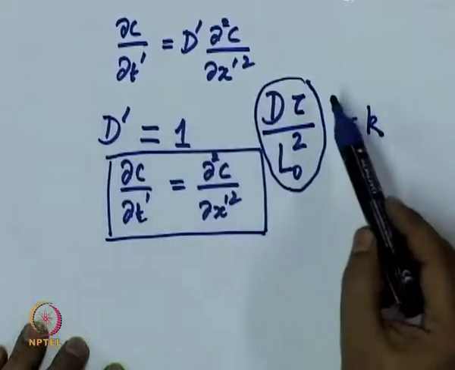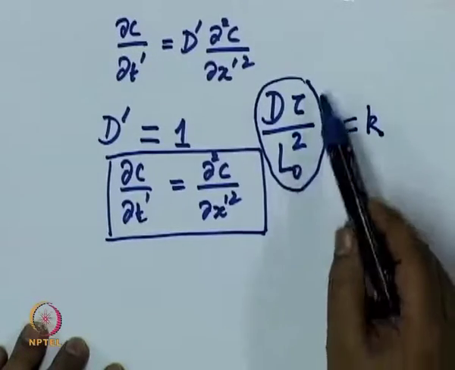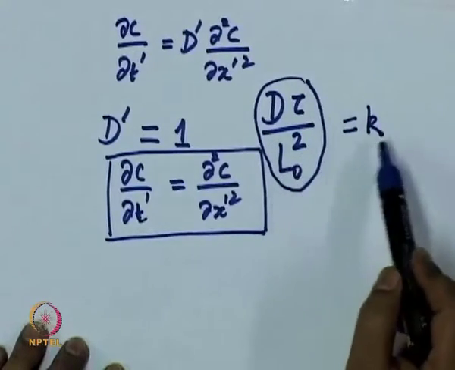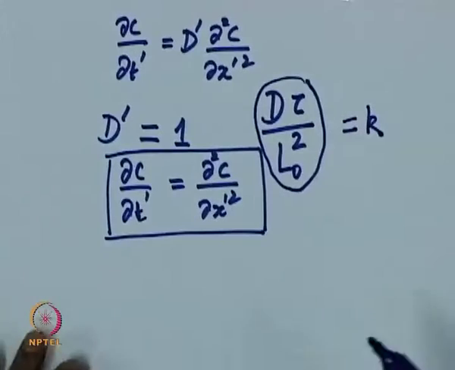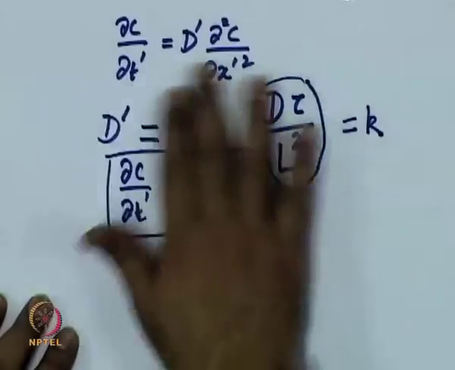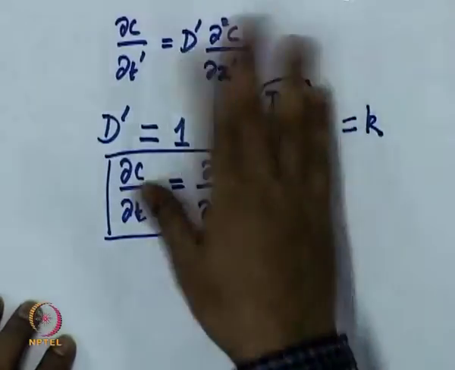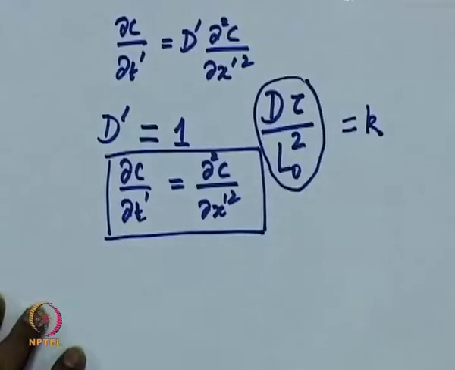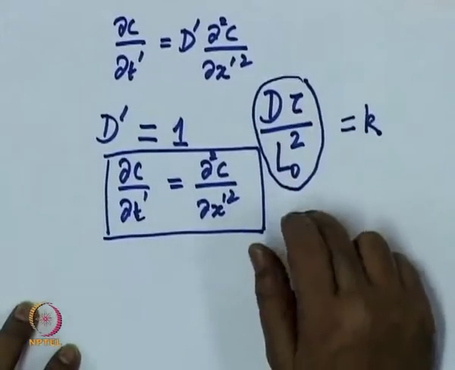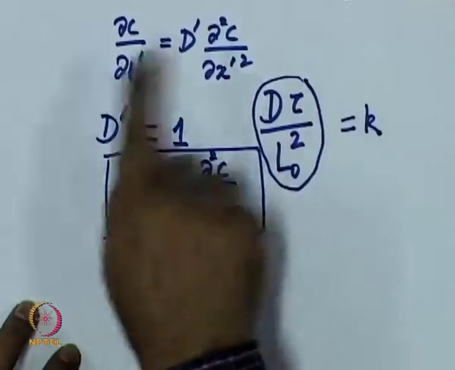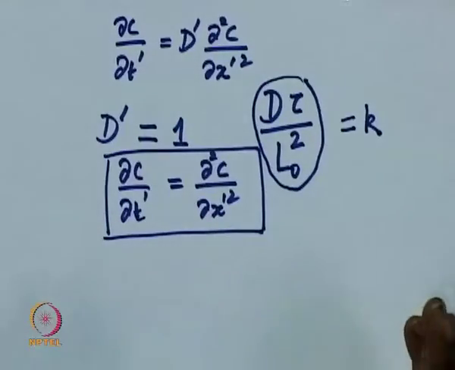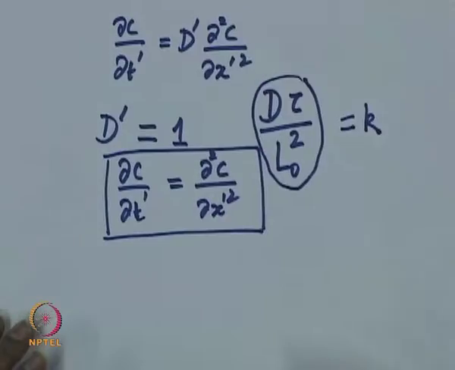If you know the solution, knowing the characteristic time and length scale associated with your problem, you can correspondingly scale and get the right solution for all the problems. So, this again is advantageous, because when I am solving it numerically, I want to solve it just once for different D values, and then corresponding to the actual values that I have for the tau and L naught, I will get the actual solution. So, it is also much more economical to solve the non-dimensional equation. So, non-dimensionalization is an important process.